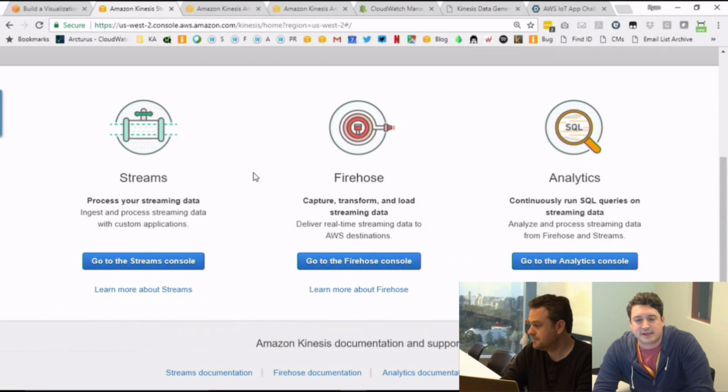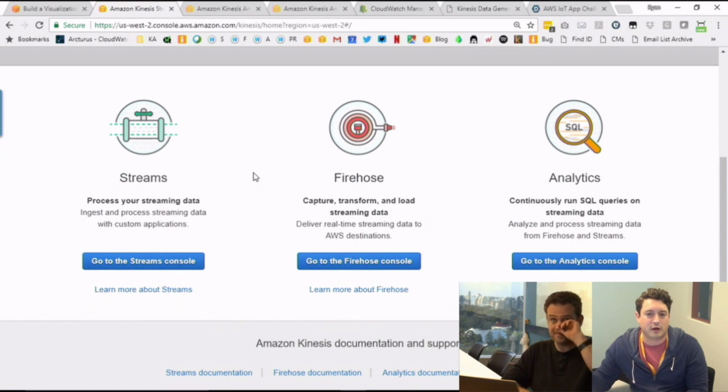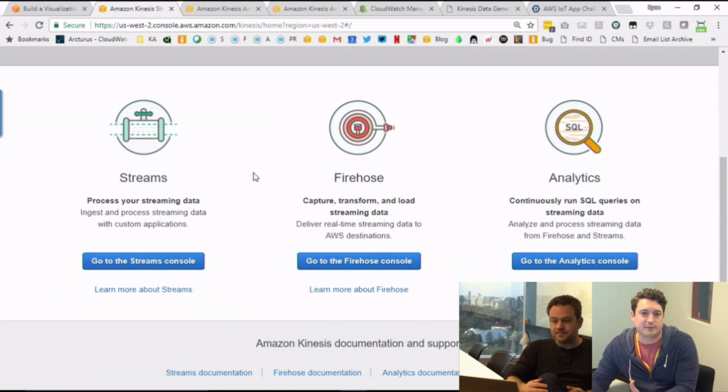Kinesis Analytics is the last part of the Kinesis services. It allows you to run SQL queries on both Streams and Firehose. This is great if you have a stream of continuously generated data points, say tens of thousands of them, and you want to send that to a DynamoDB table, or CloudWatch metrics, or a MySQL database.